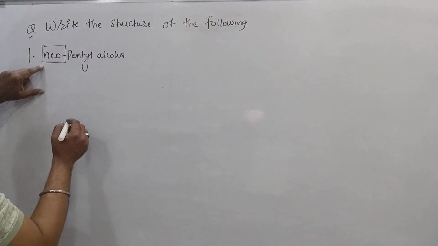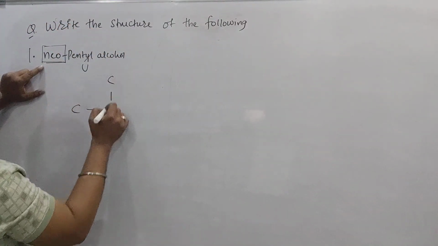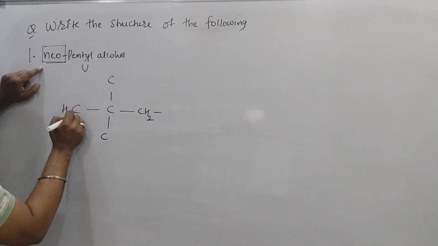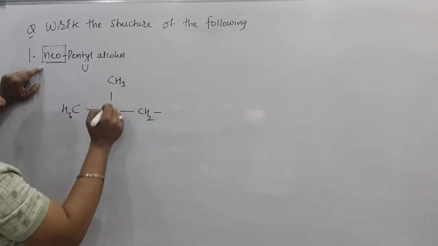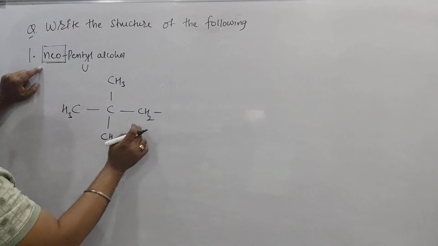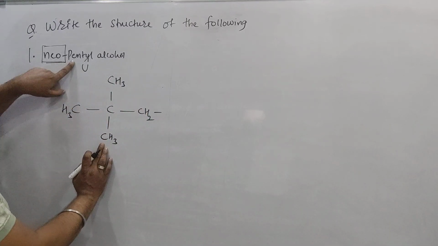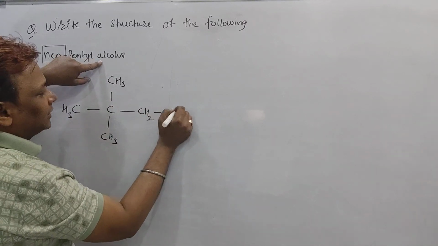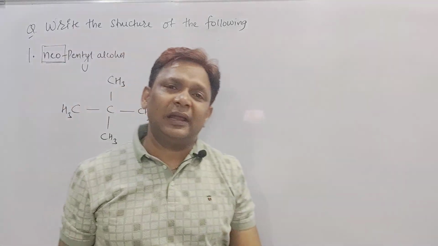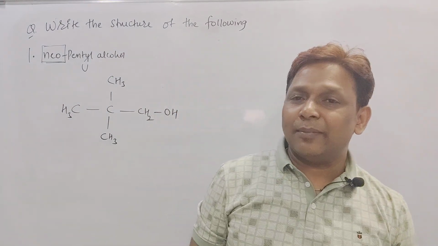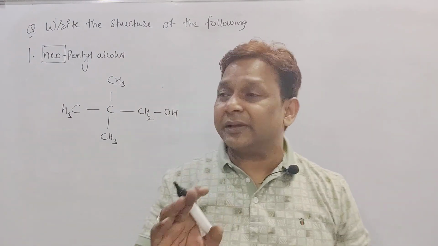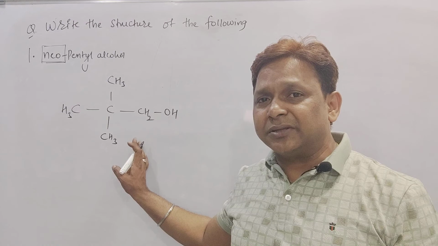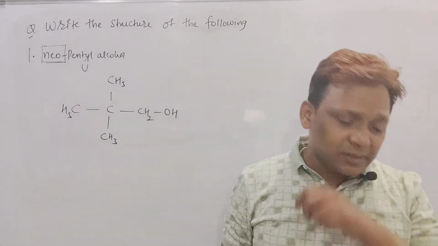5 means I should write here, see beta, 1, 2, 3, 4 and 5. Did you remember? This is a neo group: CH3, the last-but-one carbon having a methyl group here and a methyl group here. So this is neo. How many carbons did they say, beta? Pentyl: 1, 2, 3, 4, 5. Alcohol, they said, so put the OH. This is called neopentyl alcohol. Is it clear, beta? I am not asking you to write the IUPAC name, just to write the structures by seeing this. Once we are able to write the structures, we are able to write the IUPAC name of the compound.